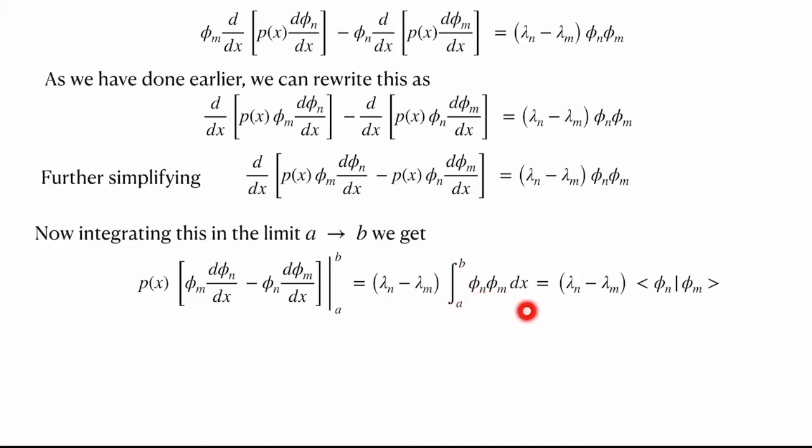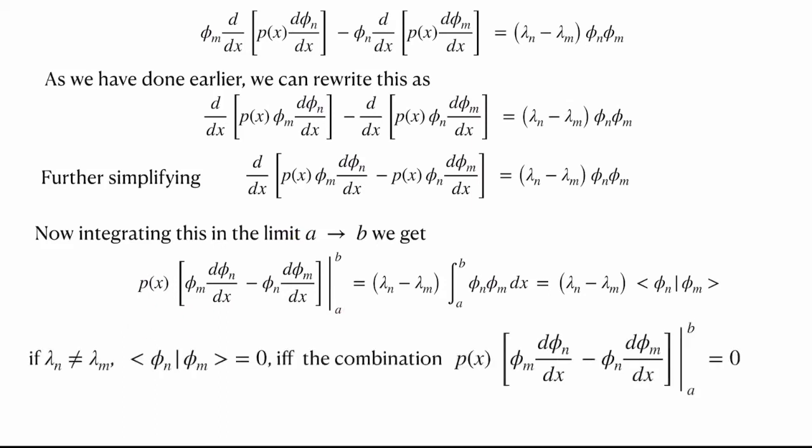This is essentially the dot product between phi m and phi n. The term is equal to lambda n minus lambda m into phi n dot phi m. Phi n and phi m become orthonormal if lambda n is not equal to lambda m and the Sturm-Liouville boundary condition is satisfied. That is exactly what we wanted, and the statement of this theorem is that if lambda n